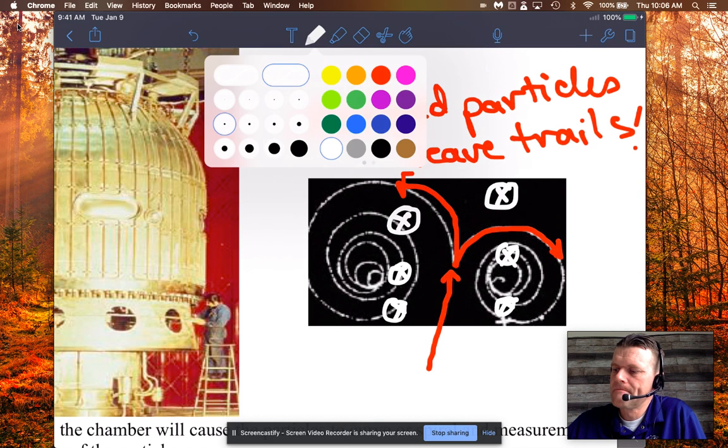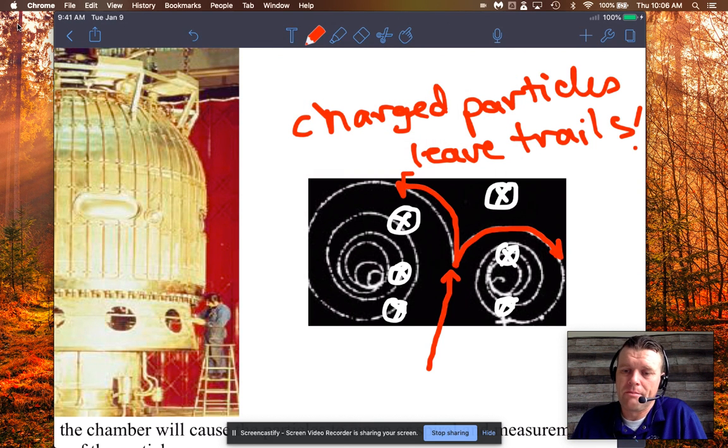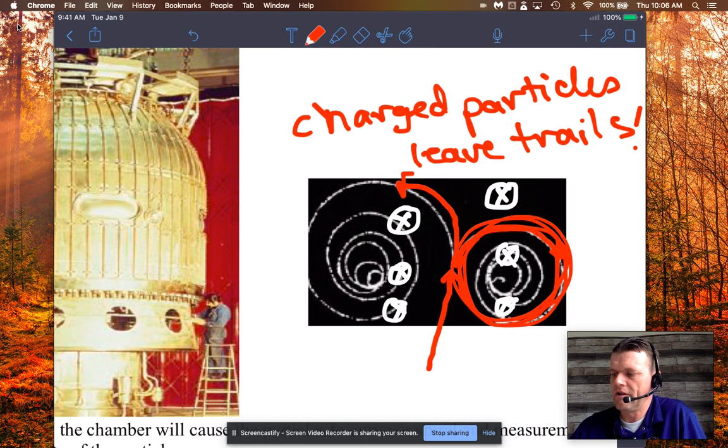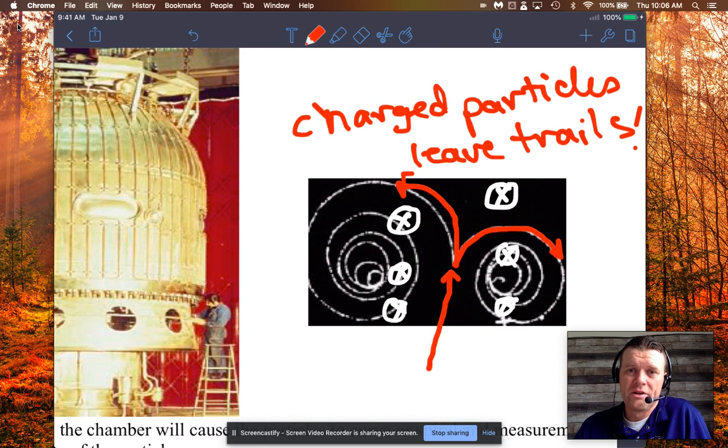Okay, now something else though that you need to remember about chambers is they're not vacuum chambers. In a vacuum chamber, a charged particle would just be pushed into basically a perfect circle, and it would just stay in a perfect circle if the magnetic field was strong enough. But that's not happening here because there's matter in here. So initially the charged particle will start to go in a curve, but it's going to keep bumping into whatever it is, hydrogen gas or water or something. And so it's going to lose energy, like slow down, slow down, slow down.